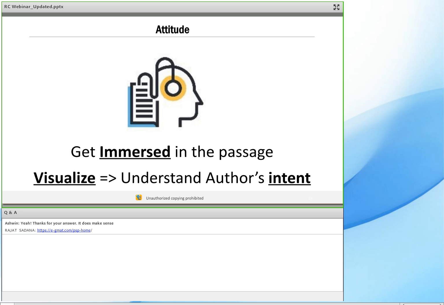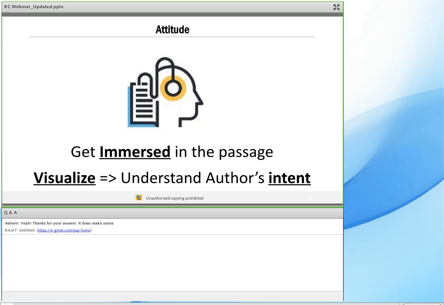So overall, step one, become an active reader. Approach the passage with an attitude that you're going to get immersed in the passage. Acing RC is a game of mental attitude. Tell yourself, while taking the GMAT, this passage is key to 4 correct answers. This passage is key to $20,000 to $30,000 worth of scholarship money. When you tell yourself that, you will, by default, start to get immersed in the passage, despite the topic that's there.